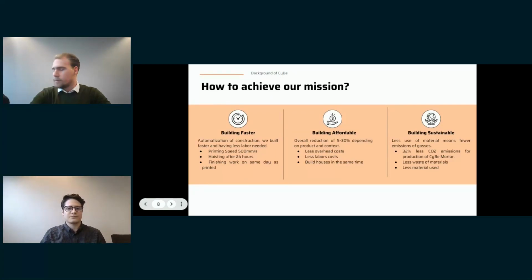Sustainability, I think Paolo will talk about this quite a bit, but we do produce quite a bit less CO2 with our material. Because we're printing it, we waste a lot less material, and we use less material in general because of how we print with a very narrow print path.